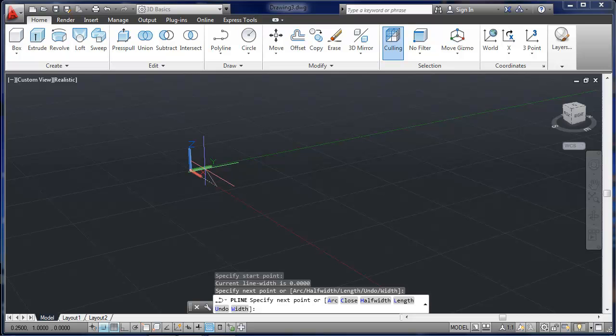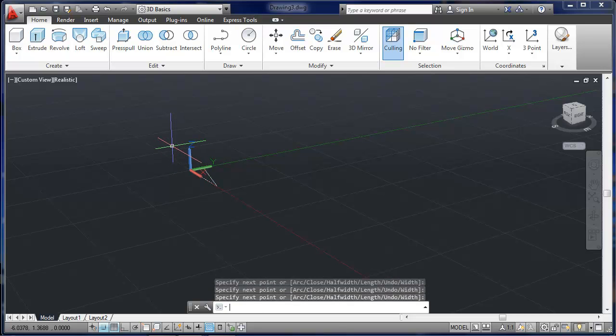My second line will come up a distance of 1 in the y-axis, and it will read 0, 1, 0 in the coordinate display. My final line I can produce by typing C for close, or I can move to the origin 0, 0, 0 and left click. I'll hit enter to get out of the polyline command, and I've now created the 2D triangle profile from which